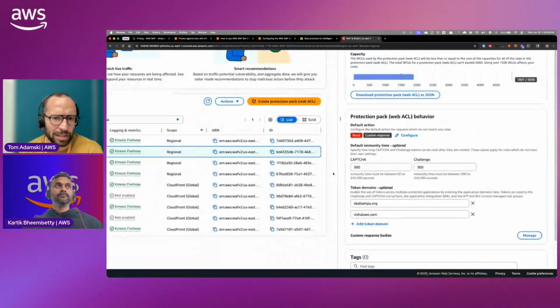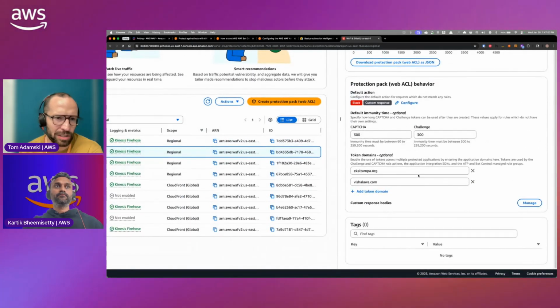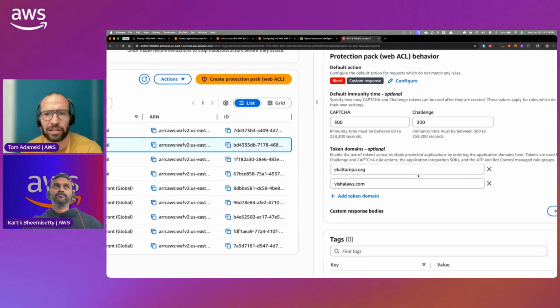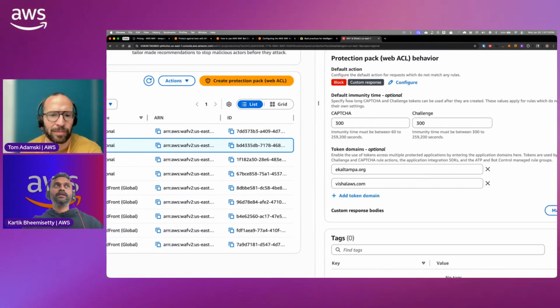And it's totally fine that these are completely different WAFs. One might be an ALB with its own WAF, and the other one is CloudFront using its own WAF. Yes. I just need to make sure that both domains are allowed in both cases, and then WAF is going to be able to validate and pull the allowed domains from the token itself. That's correct.